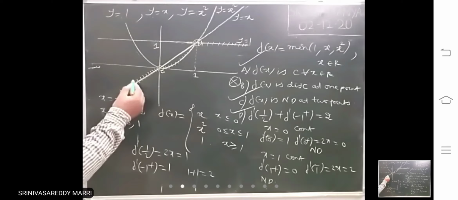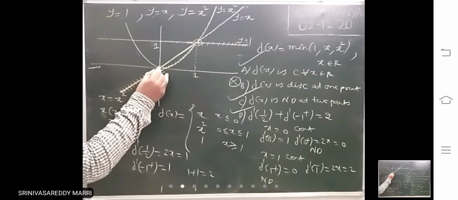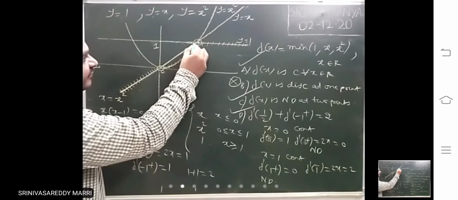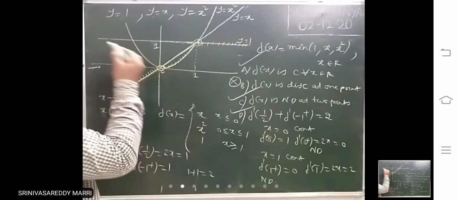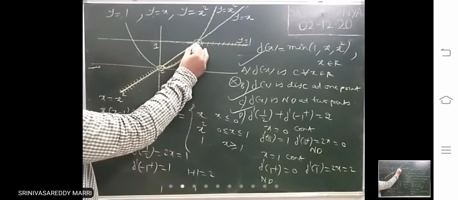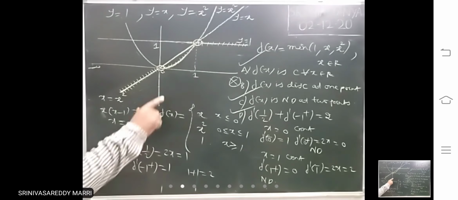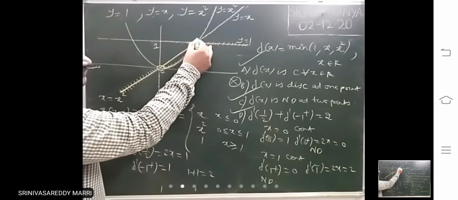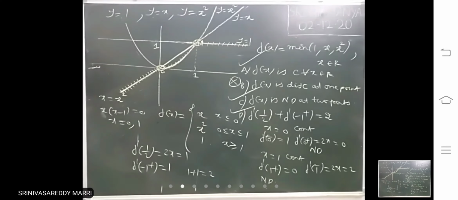No need to check. From the graph itself, you can write. So then, where this f of x is changing its rule, look at, till 0 it is x, and after that it is becoming x square. That means this is the rule changing point. At that point it will not be differentiable. Then from here to here, the same rule we have written. Afterwards, the rule is changing. Generally, such functions where the rule changes will not be differentiable. From the graph itself, you can say at this point it will not be differentiable.